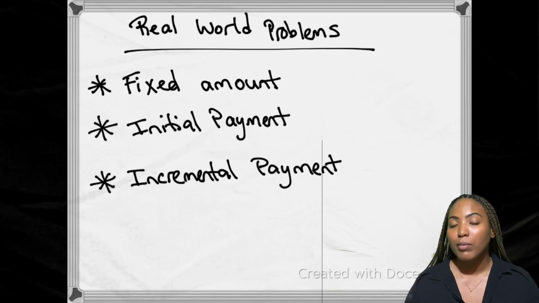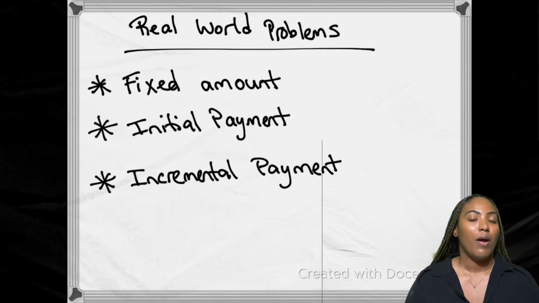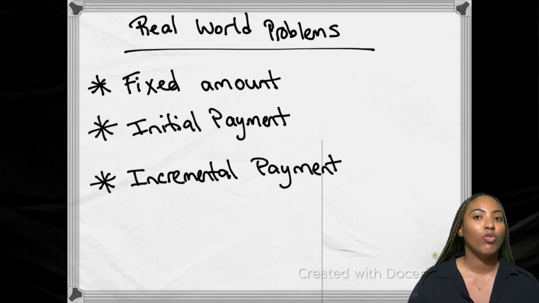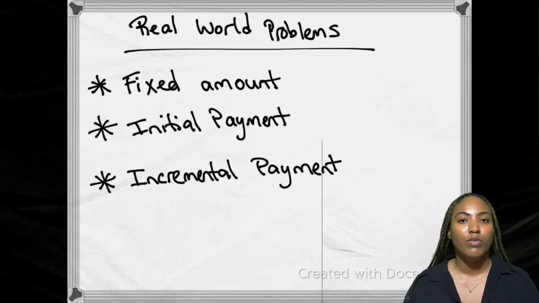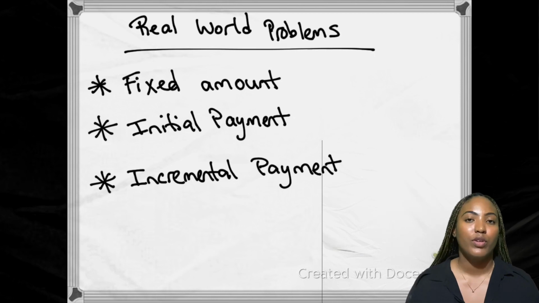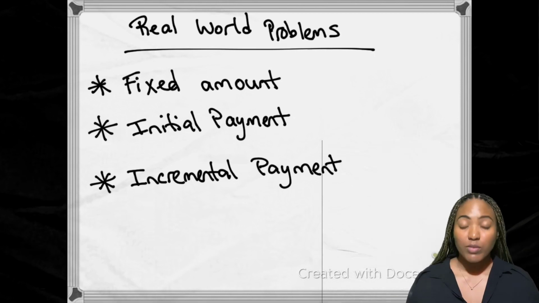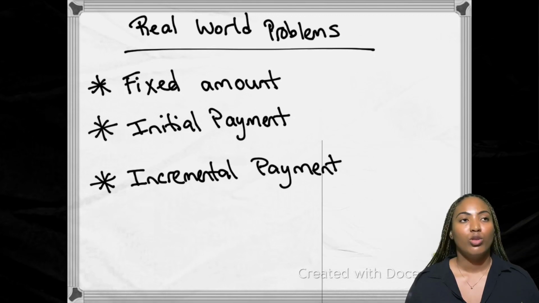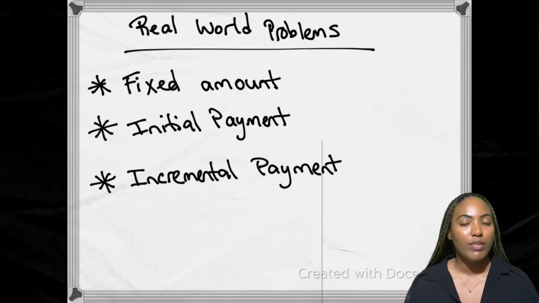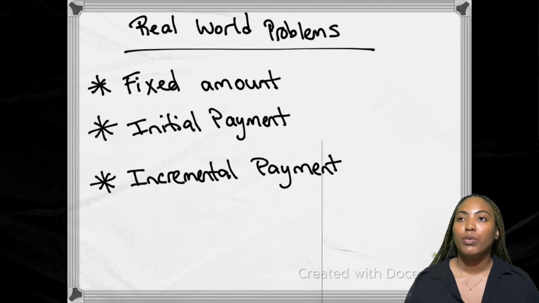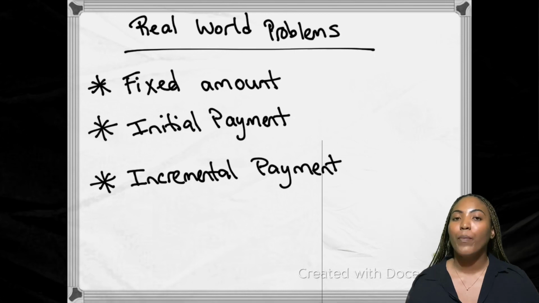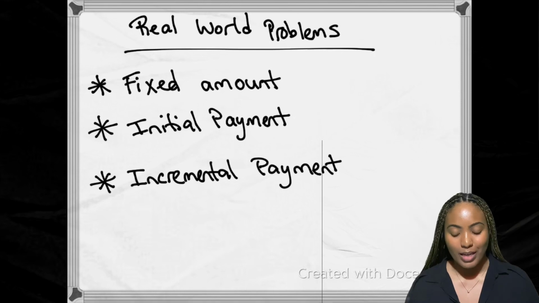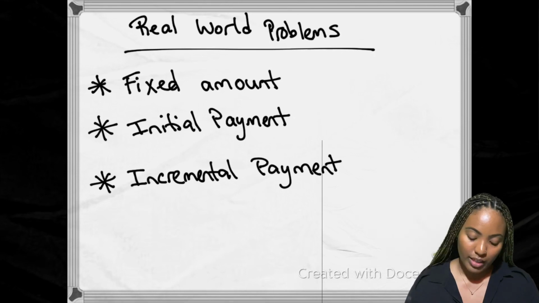So usually these problems have a fixed amount. You also have a portion which tells you the initial payment, or maybe an initial rate. Maybe you pay $20 for the first X units, or $30 for the first X units. And then the last part of the question, which is usually the most tricky part, deals with the incremental payments. So you have the fixed amount, you have that initial rate, and then they will tell you beyond using 100 units, you now pay a new rate. Now, of course, these questions all come to life when we work problems. So we're going to take the question from the CXC website,